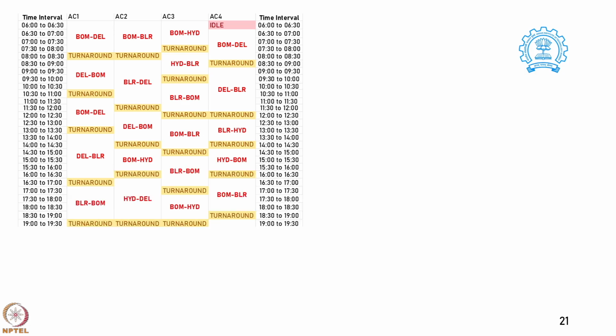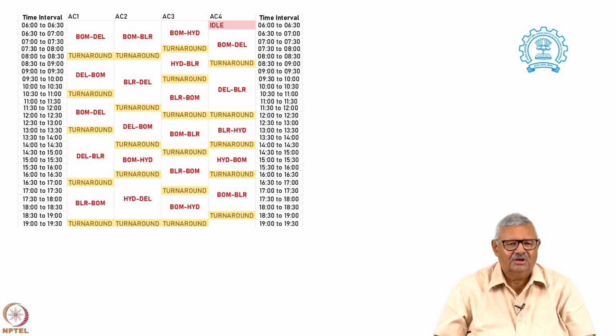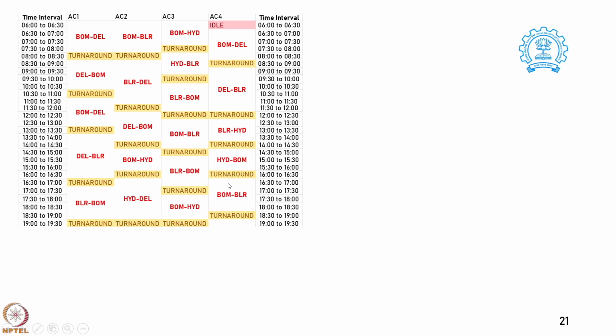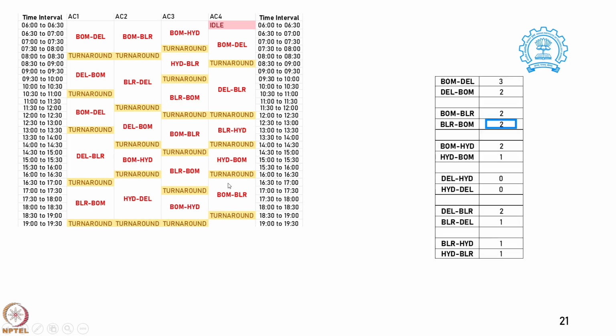So, keeping that in mind, the next window shows you a flight that comes from Bangalore to Bombay. Similarly, that is this one, that is this one. Then from Hyderabad we come to Delhi, from Bombay we come to Hyderabad, from Bombay we go to Bangalore, and at around 7:30 all the flights have met this thing. So, what we have done in this particular cycle is we have got 2 flights now Bangalore to Bombay, we have 2 flights Bombay to Hyderabad.